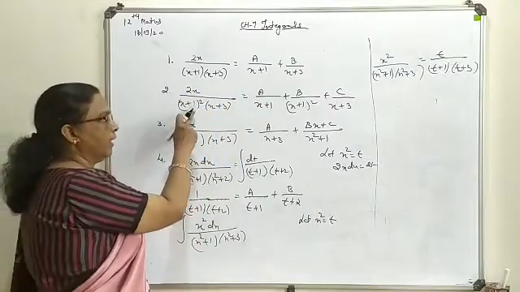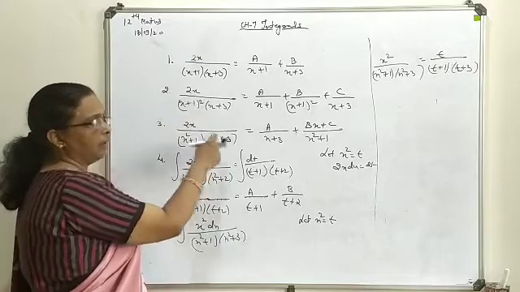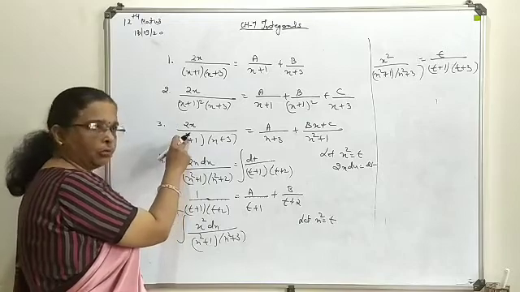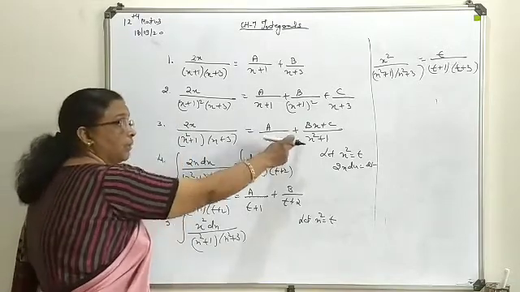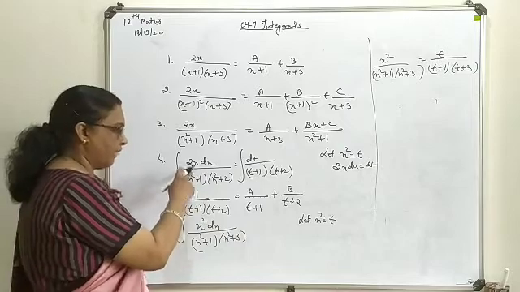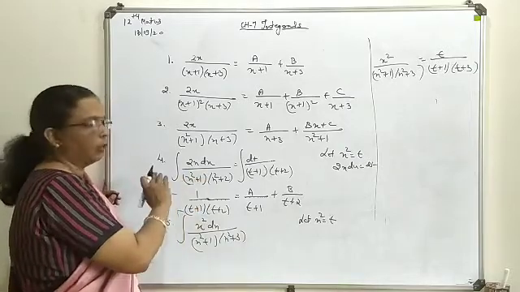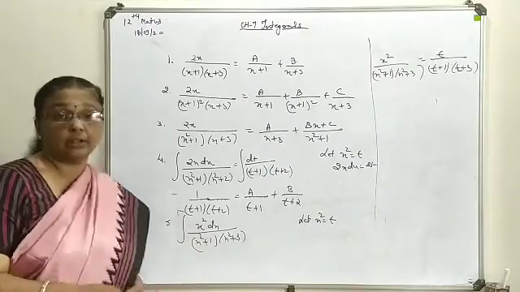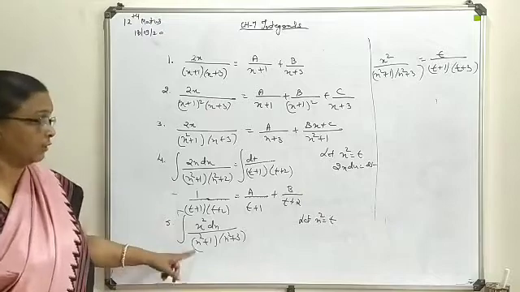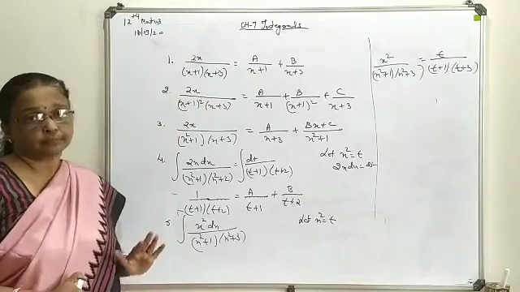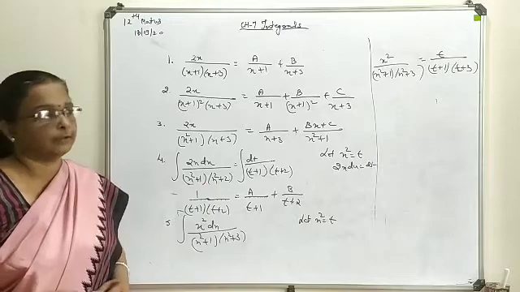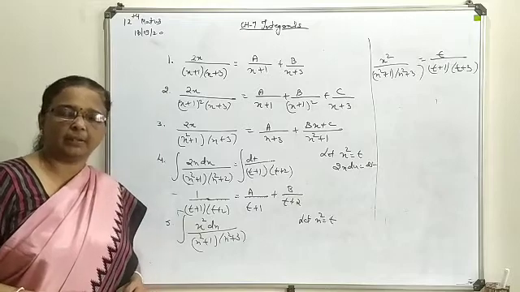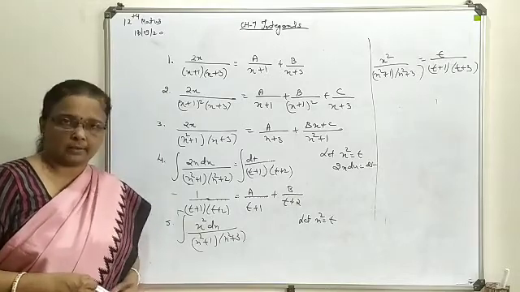Next, if any of the factors is carrying a certain power, this way splitting is required. Any of the terms is having power 2, not 3, only 2; this way combinations are to be generated. If x and x square are available, go for writing it in differentiation form. And when all terms are available with x square, no need to write a differentiation form. Only replace the term in terms of t to find out the constant values. So till the next lecture, you revise all these points so we can apply them to our exercise. Thank you.